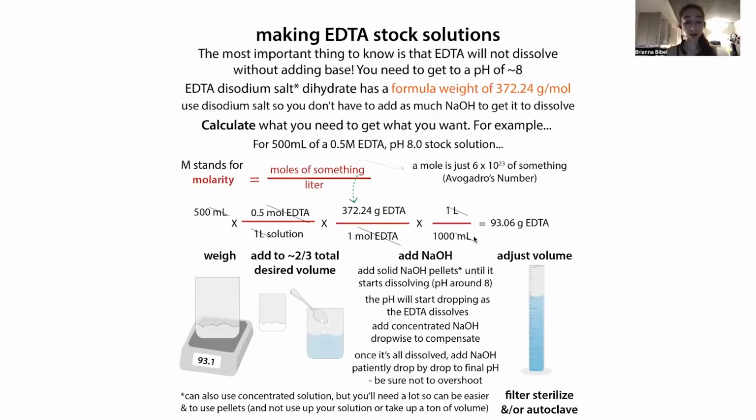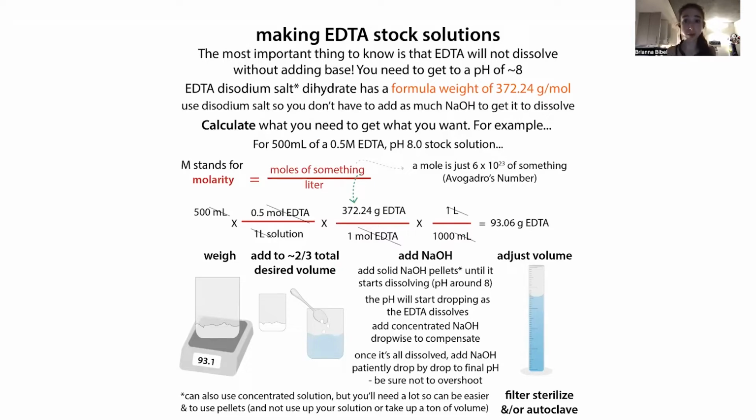And so how much do we need to add? So our basic outline is we're going to calculate what we need, weigh out what we need, and dissolve it in a little bit of liquid, leaving enough room to add the NaOH to adjust the pH and get things to dissolve. And then finally adjusting the pH to where we want it, adjusting the volume to where we want it, and then sterilizing it. So we need to start by calculating how much we need to add, and this is going